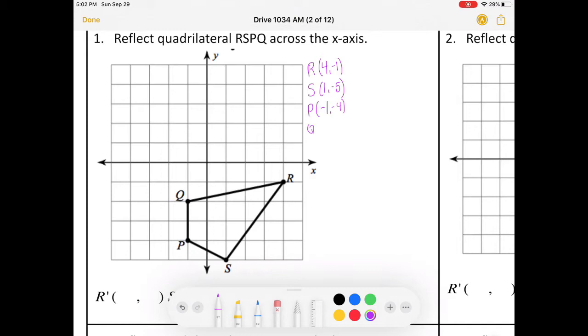And Q is negative 1, negative 2. Okay, so we have all of those. Again, start off with that, try to pause as you go to check. All right, we have a reflection across the x-axis, so that's important. You can flip back up to the first slide or the first part of your notes to see what that does for your mapping rule. So the mapping rule, remember, is what tells you what to do. So if it is a reflection across the x-axis or horizontally, what happens is,